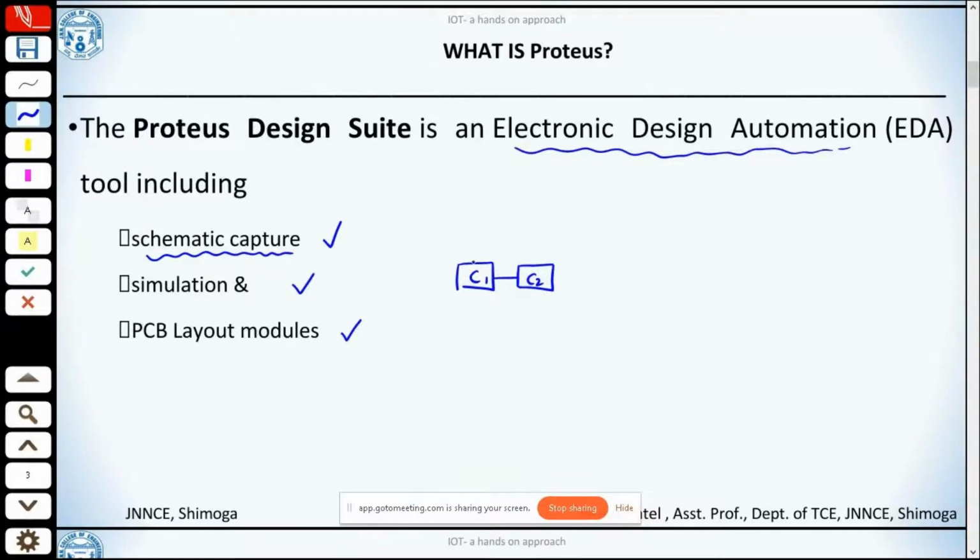This Proteus design suite has its own simulator, and it is so powerful that it has its own firmware wherein I can write software code, or I can make use of a third party IDE.